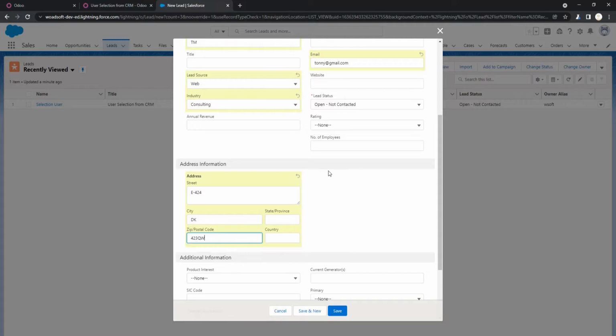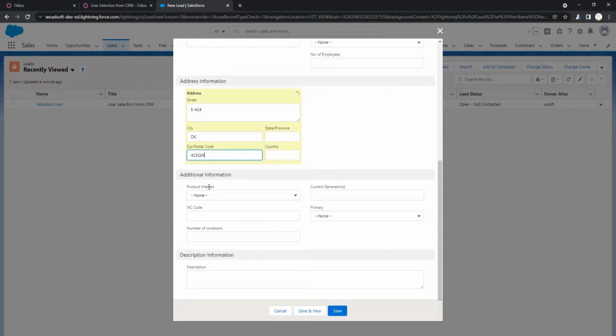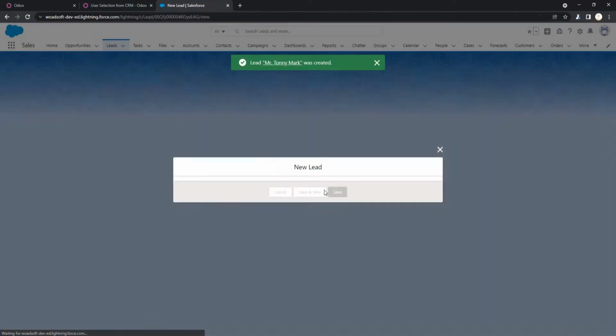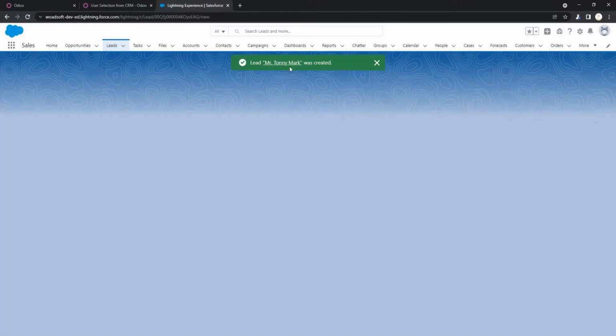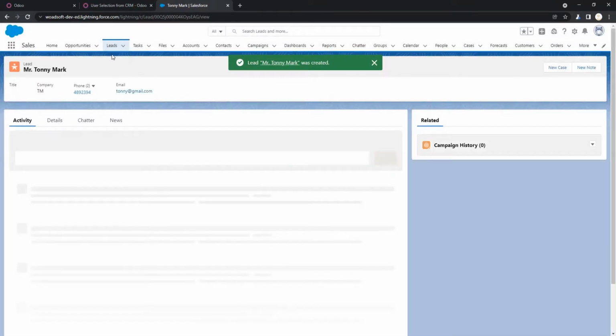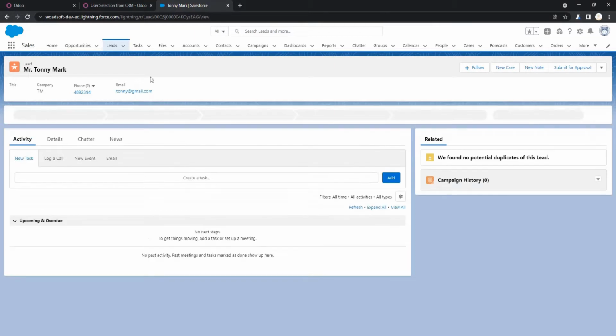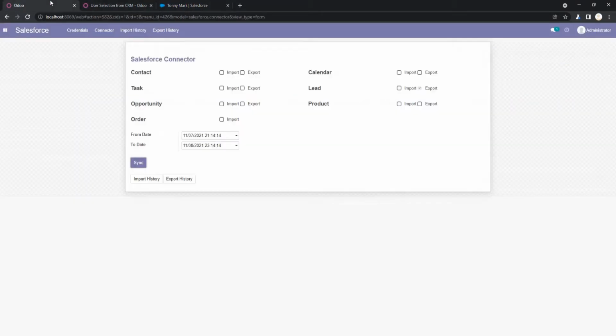So I fill out specific fields. Okay, and after that I click the save button. So as you can see, the lead is successfully created in Salesforce. So we are going to import it in Odoo. So I just click the import option and click the sync button.